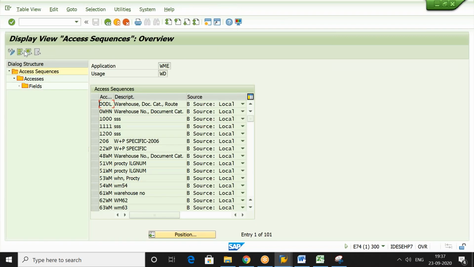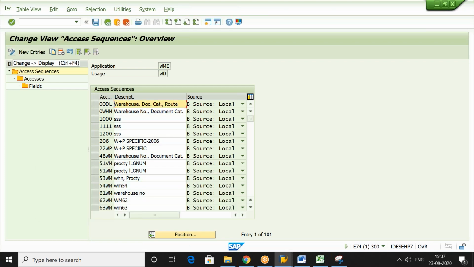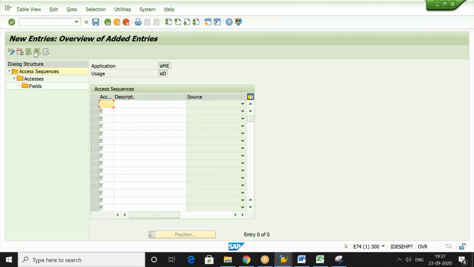Now go there. Go to changeable mode. Press enter. Go to new entries. Access sequence. So I think we can give anything here. And let's say sequence 1. Access sequence 1